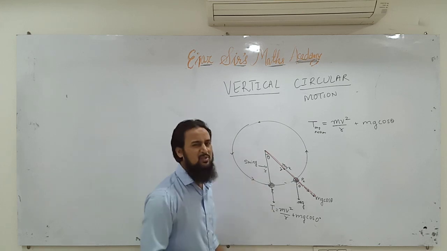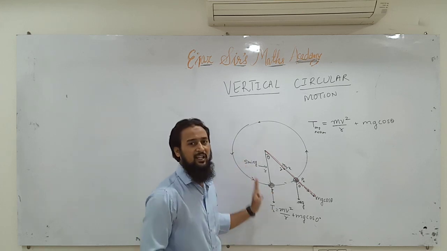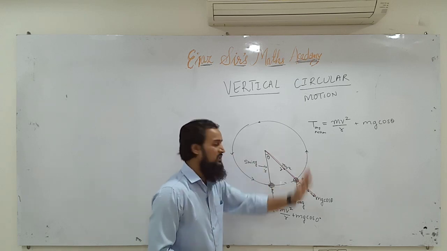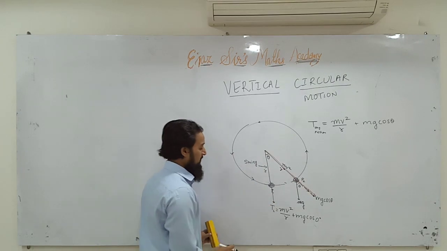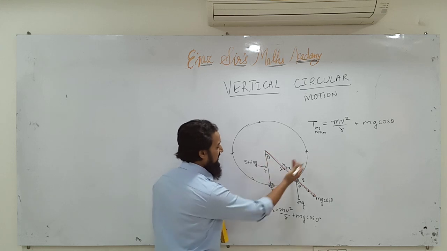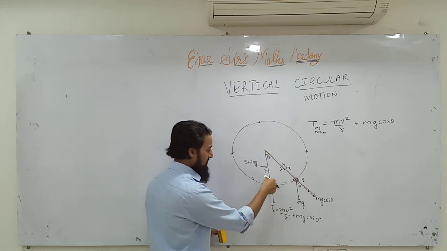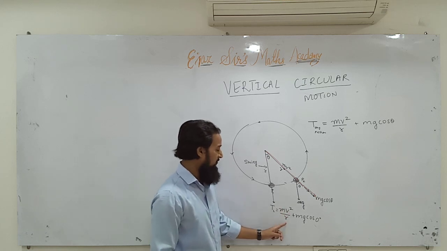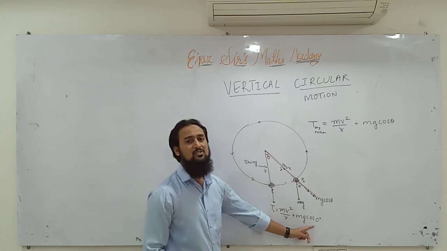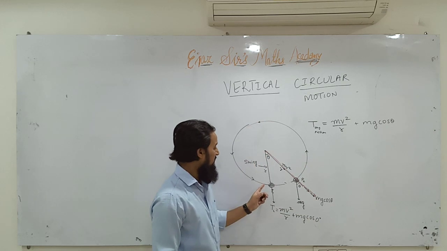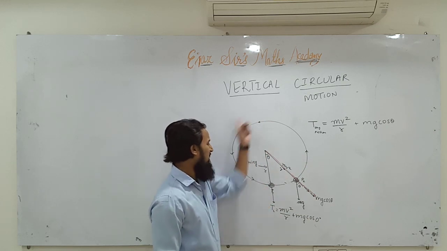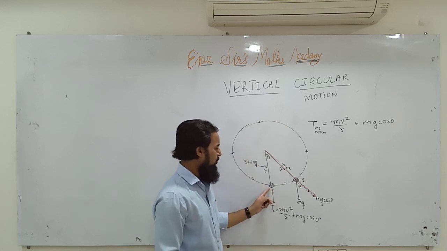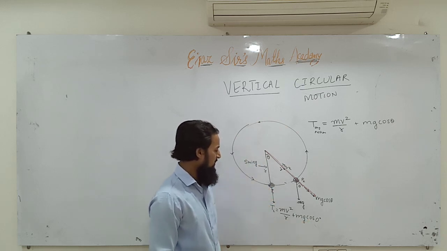So let us suppose it has not made any revolution. The string is initially here. It is yet to describe any angular displacement. It has not covered any angular displacement. When the string is in this position, how much total force will act on the string? Centrifugal force mv square by r plus mg cos theta. Okay. And again, if it has completed one revolution, it will be 2 pi, and that will again be 1.